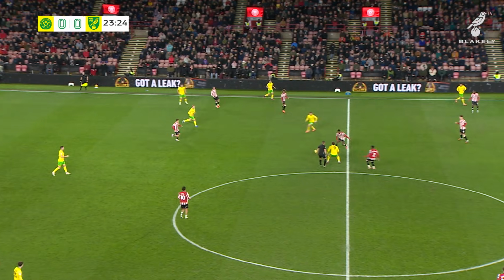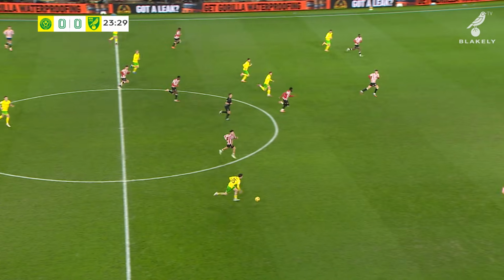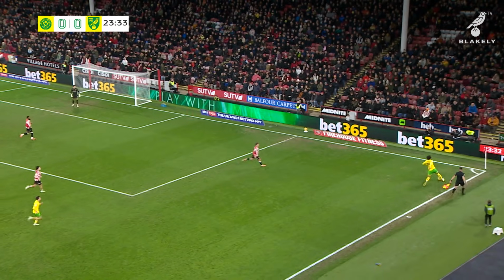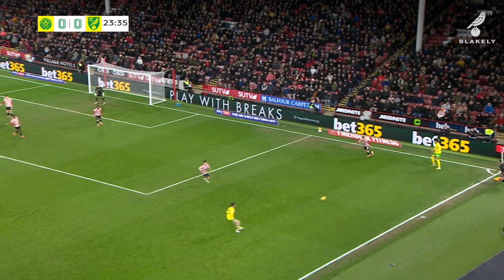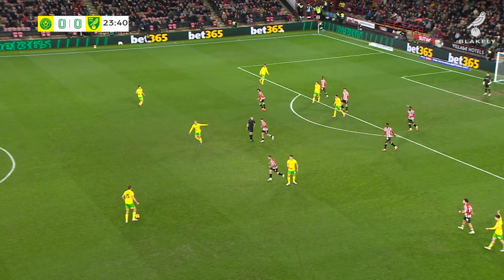Norwich on the left-hand side. Oh, Sargent had to hold off the referee there to be able to get to the ball, but he has done so. And he's released Kellen Fisher, who's coming forward on the right. Fisher with a ball forward to McCarmer, and it's just got enough on it to hold up by the corner flag here for McCarmer to play it back to Fisher. Norwich